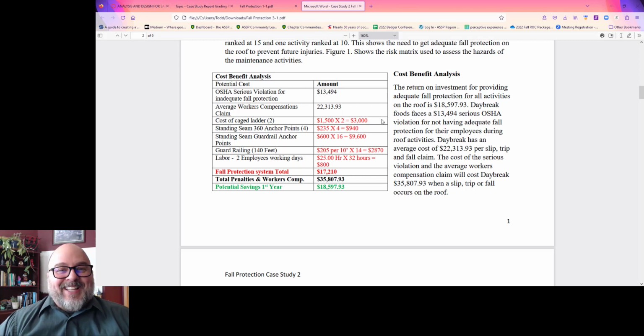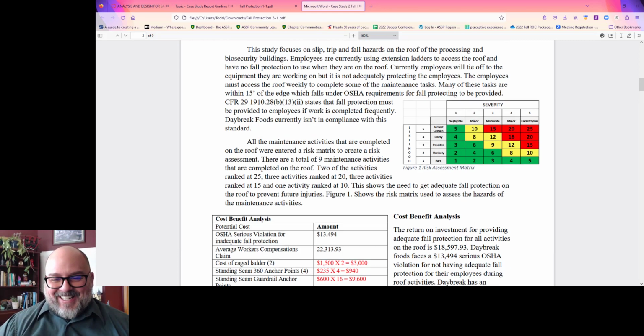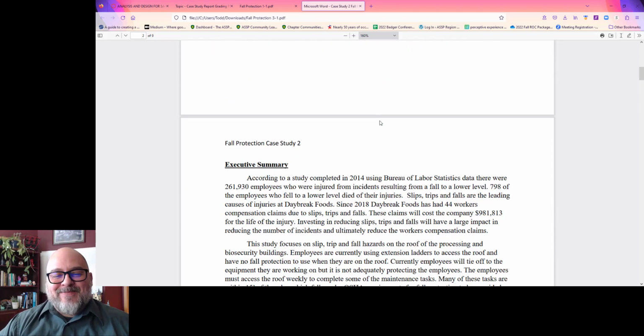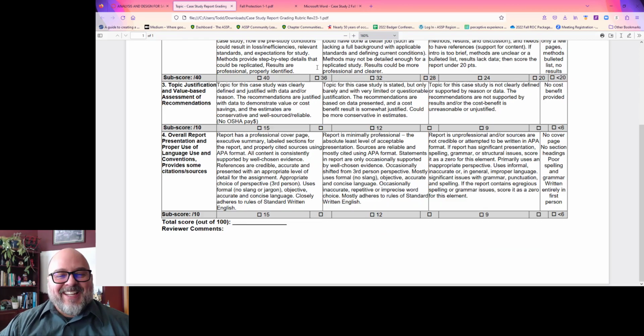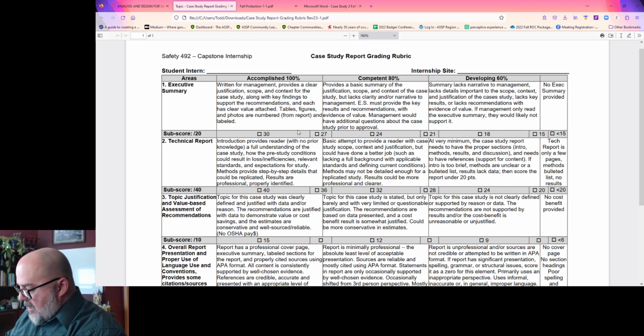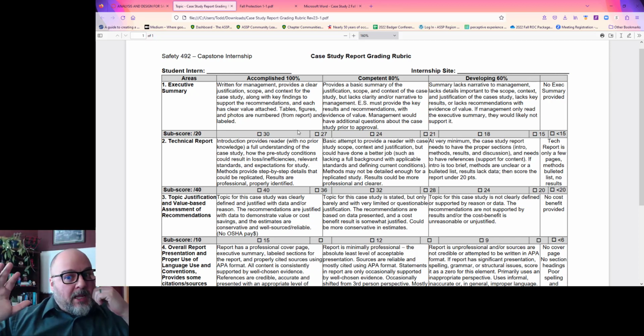This is really good. This is really, really good. I mean, it'd be nice if there was like a photo or something. It's not perfect, but it's really, really good. I'm sorry to be so giggly, but I'm not going to give it a 30. I'm not going to give it a 27 either. I'm going to give it a 28 with just a few little comments that would even make it better.